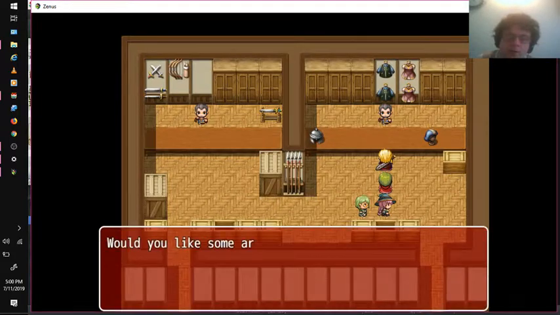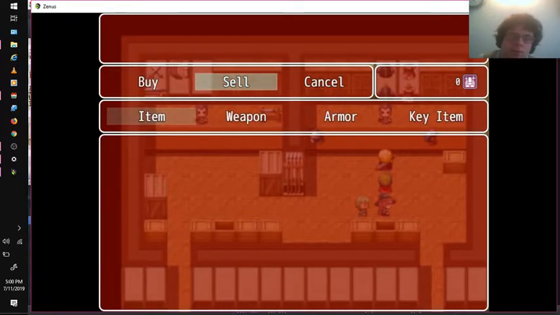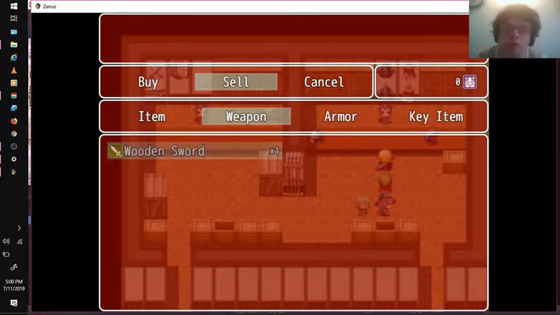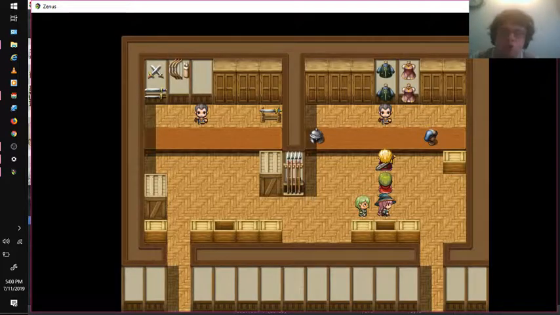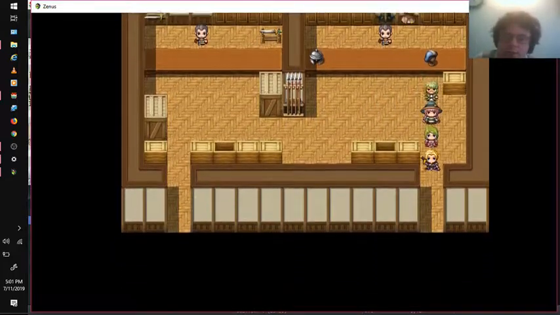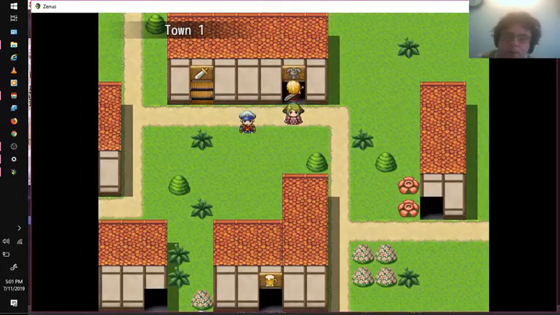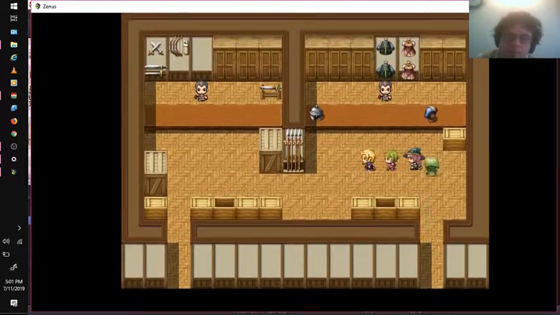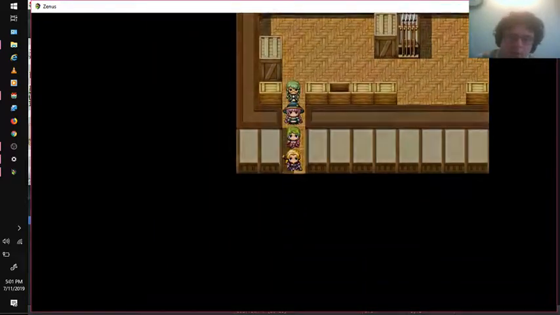Let's take out this sword and let's show you that no, we cannot sell it because it's attached to us. It's attached to us for the rest of the game. We can't do much about it. That's if you only set the items to 0. If you set it for like 1, I don't know what it's going to do. I'm not going to test that here, but if you guys want to, you can do that at a later time. But let's make sure that we can get out and make sure it's set in the right locations, because if we don't have it set up in the right locations, then